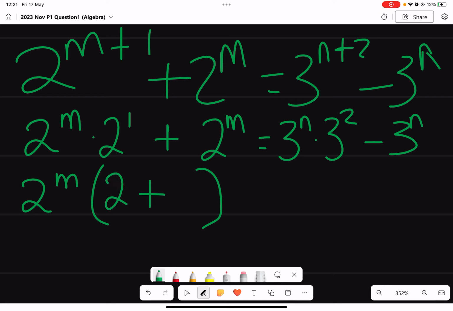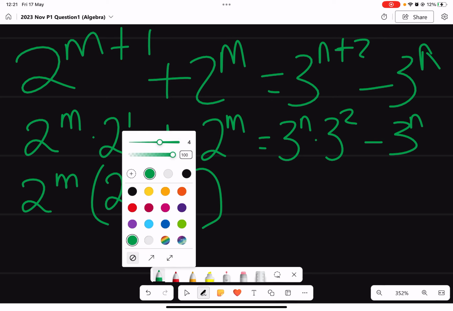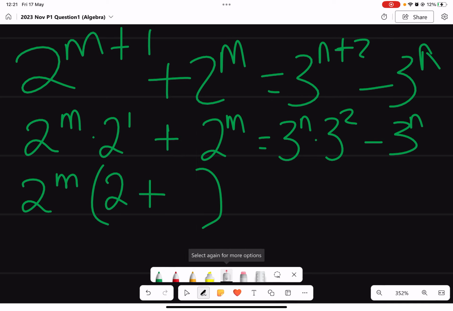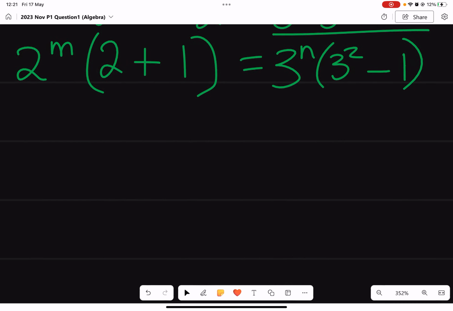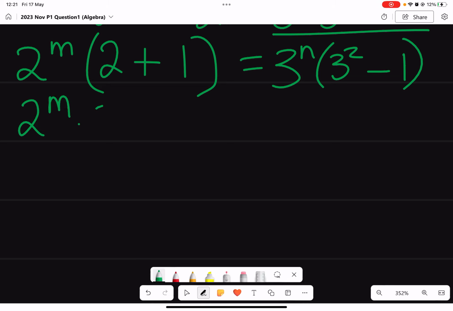So you're left with 2 to the power 1, which is just 2. And then here you're left with 1, right? On this part here, we are left with 1 because it went out. Sharp. And then we're going to do the same this side. We can see that 3 to the power n is a common factor. We're left with 3 to the 2 minus 1. Right. Now let's move on. You're going to have 2 to the power m dot 3, because 2 plus 1 is 3. I'll say 3 to the power 1